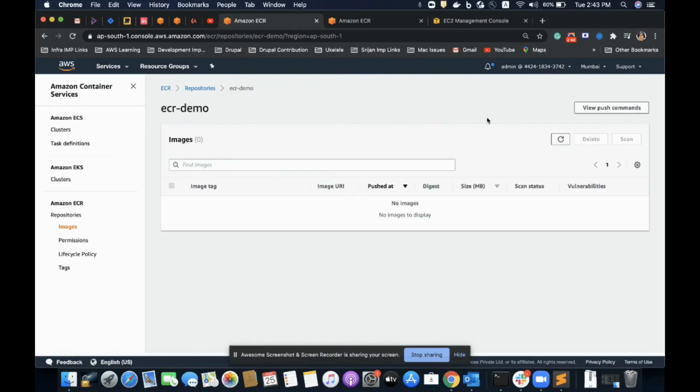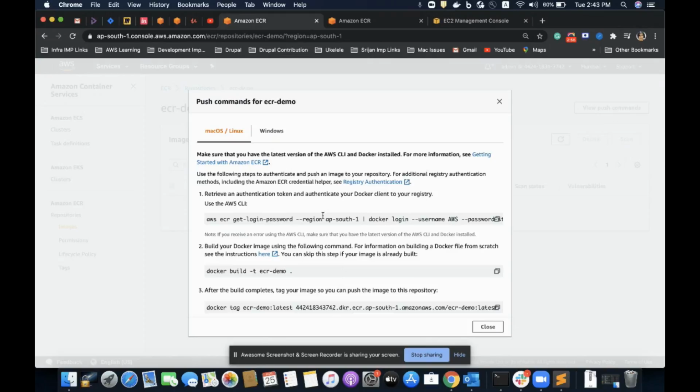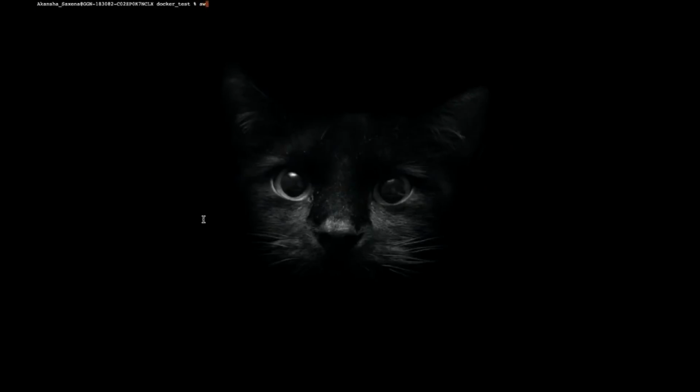The simplest way of pushing the Docker image from local to ECR is to follow the commands specified here. Let's start with the first command specified here. Before that, we must notice that it is using the AWS CLI, so we must have the AWS CLI installed on our local machine. I am using version number 2. I recommend you install version 2 too, as this is the latest version at the time of recording this video.